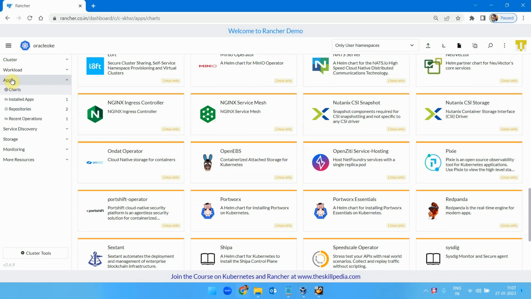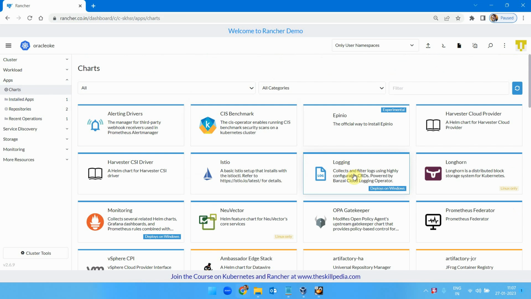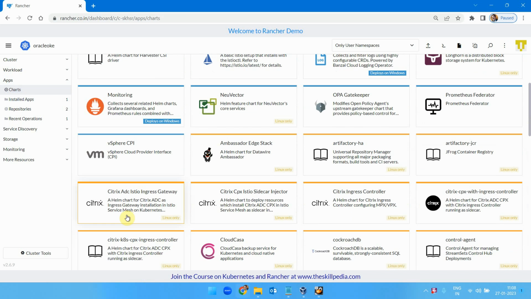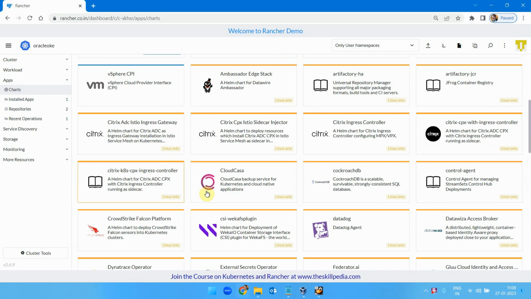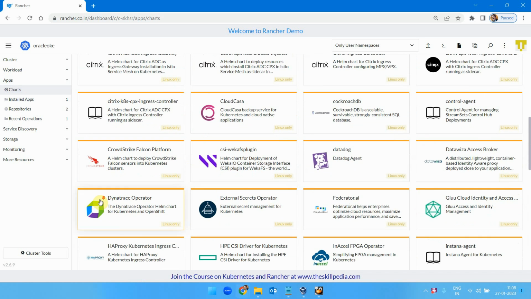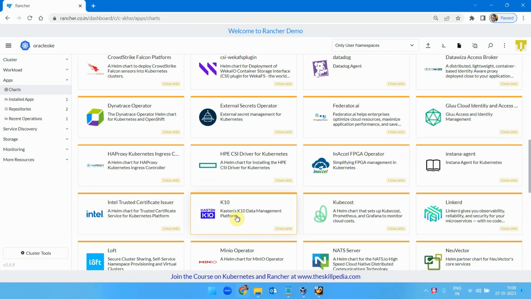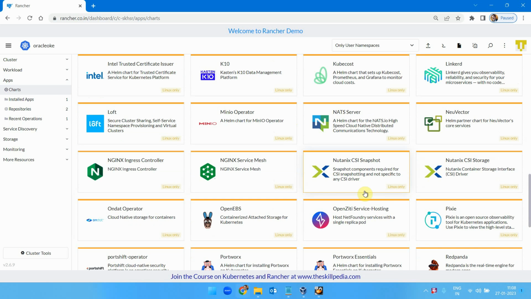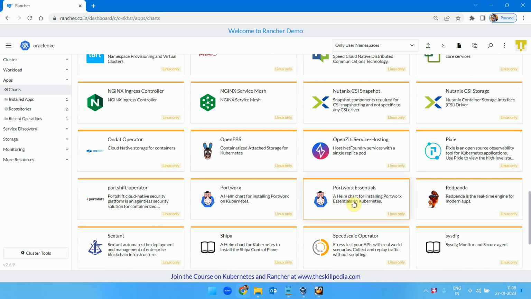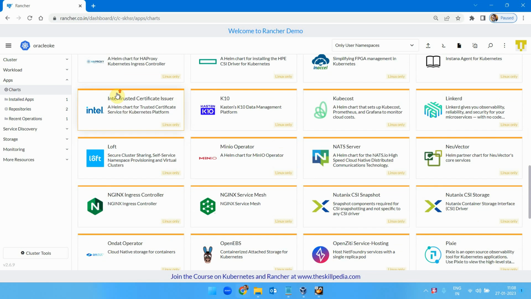Oh, come on, man. I could see the chart was available. Monitoring, Citrix. Otherwise, I have to manually deploy it. Yeah, I don't see that now. Where is the chart gone? Okay,